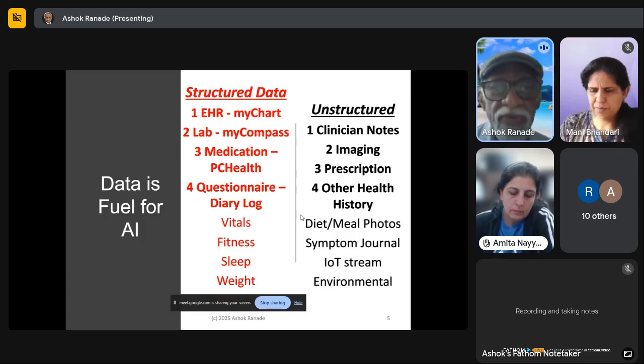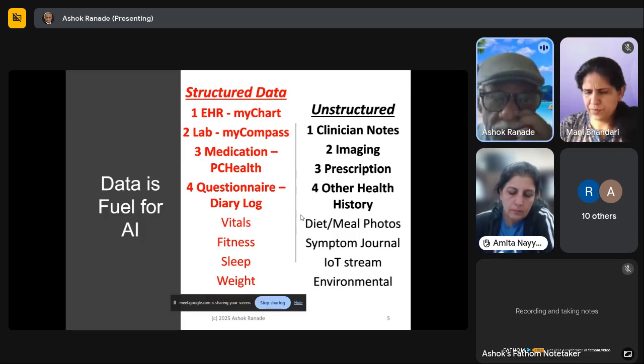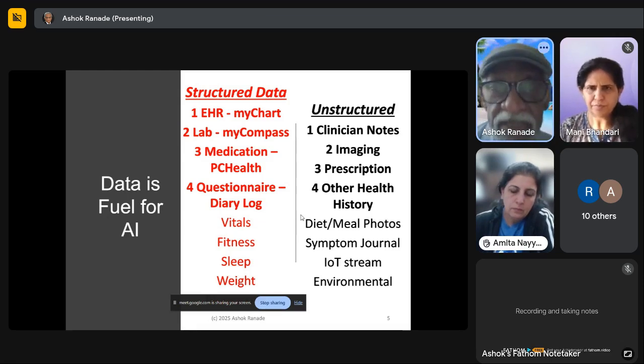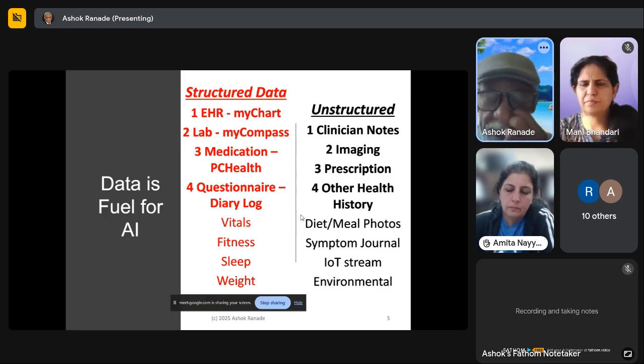format. If you download data related with your lab tests from some laboratory system like MyCompass, Life Labs, they have a system called MyCompass. If you use that, you will get very structured information about what tests have been conducted. So like that, there are places where you would be able to get structured health data, but where you